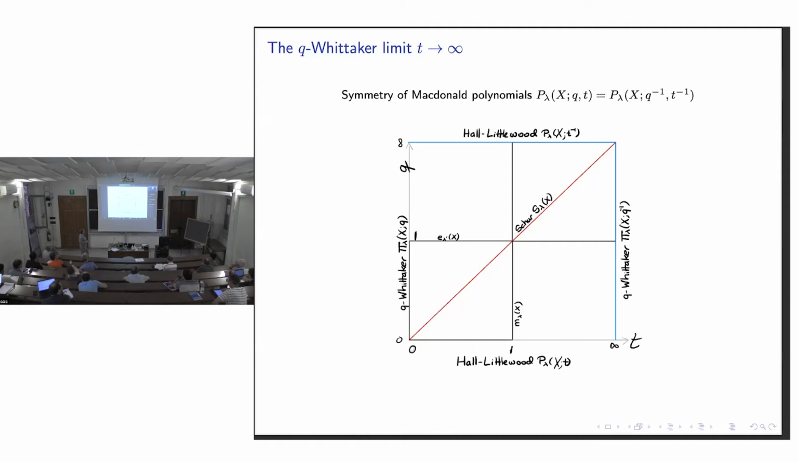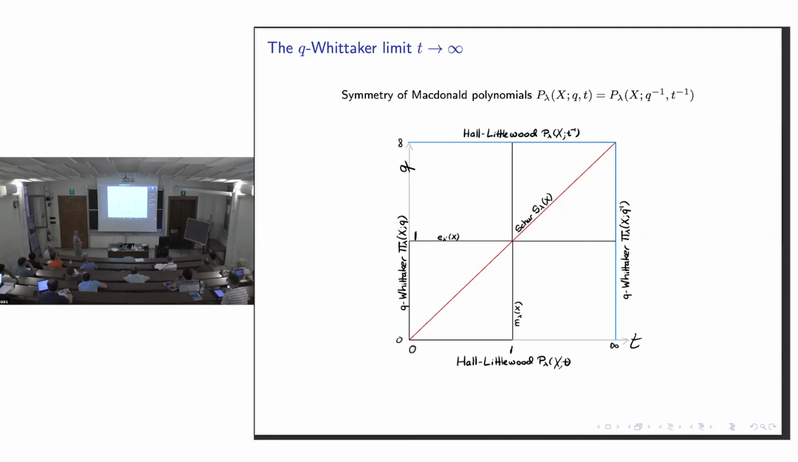If q is equal to t, Macdonald polynomials specialize to Schur functions. This is known. If you take q to 0, you get Hall-Littlewood functions. They're functions of t. But on the other hand, because of the symmetry, if you take q to infinity, you'll get Hall-Littlewood functions of t in the parameter t inverse. And then you have the elementary symmetric functions here, you have the monomial symmetric functions here, but on these two axes, so that is q is equal to 0 and q is equal to infinity, you have the